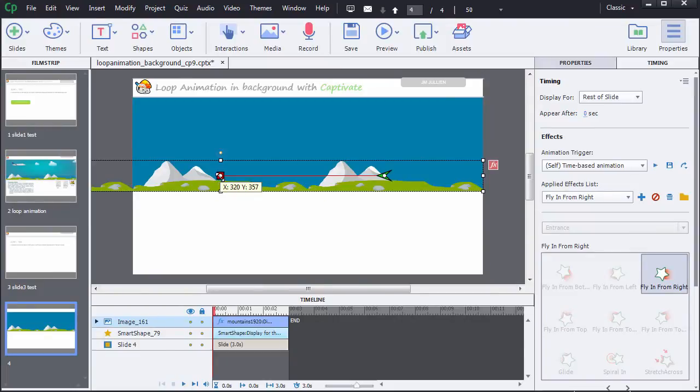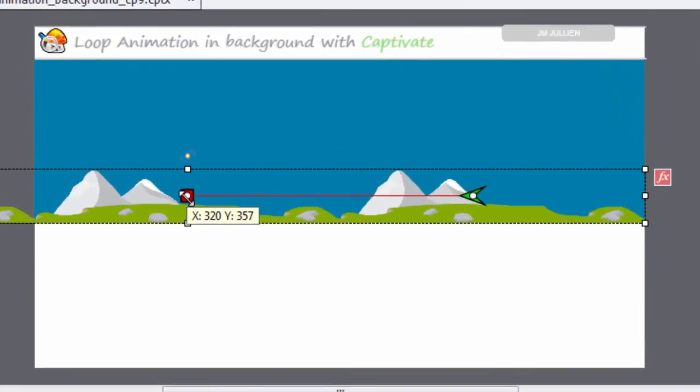The first one is that the end of the motion path is located automatically in the middle of the picture with an X value of 320. And the second point is that the beginning of the motion path, represented by the green arrow, has an X value of 920.